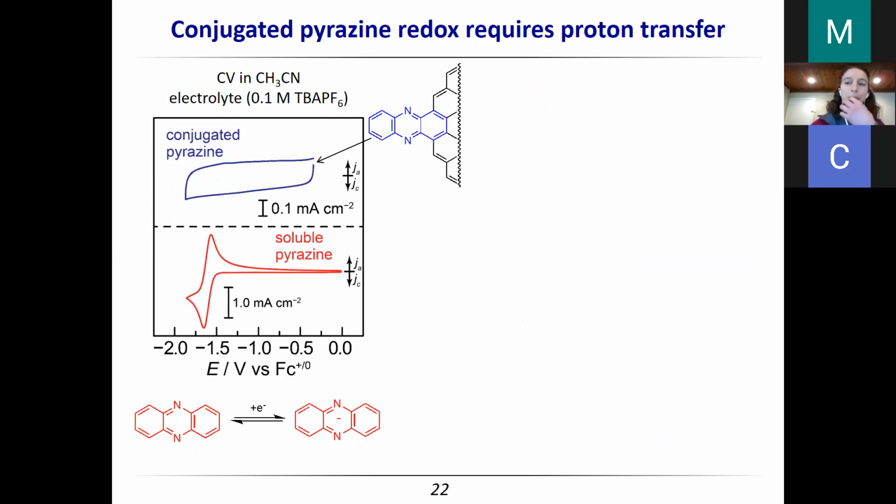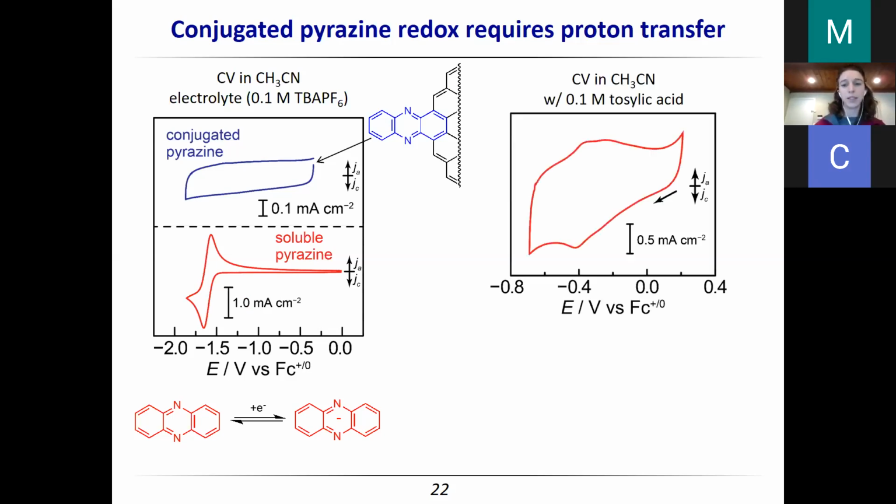So we thought, what's the difference between these two systems? In the aqueous case, we had protons around. The reaction was different. It was a 2-proton, 2-electron reaction. And in acetonitrile, we didn't. It was just an outer sphere electron transfer. So we thought, okay, maybe what's happening is when we have protons around, we're forming nitrogen-hydrogen bonds and doing inner sphere chemistry, so to speak. But since we were already at a graphitic electrode, when I just added these 2 additional aromatic rings to the electrode, maybe I'm just extending the electrode a little bit, and I shouldn't think of that as something that I can transfer an electron to.